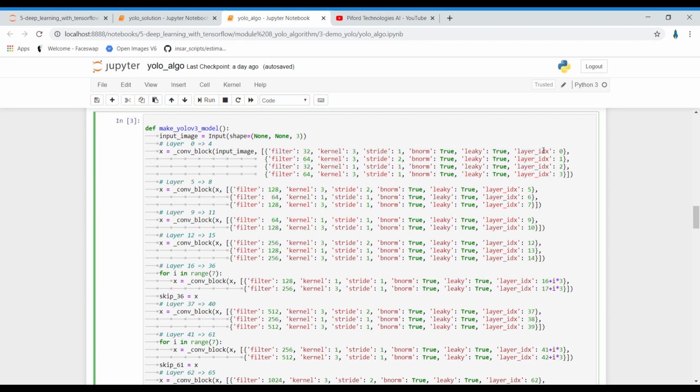Layer index 0, 1, 2, 3 is just to give numbers to your layers, and batch normalization is true and leaky ReLU is true, right? These are the first 4 layers, and on these first 4 layers I'm applying this con block. In the same way, in my second block, I have 3 layers, and the number of filters, kernel size and stride are mentioned over here.